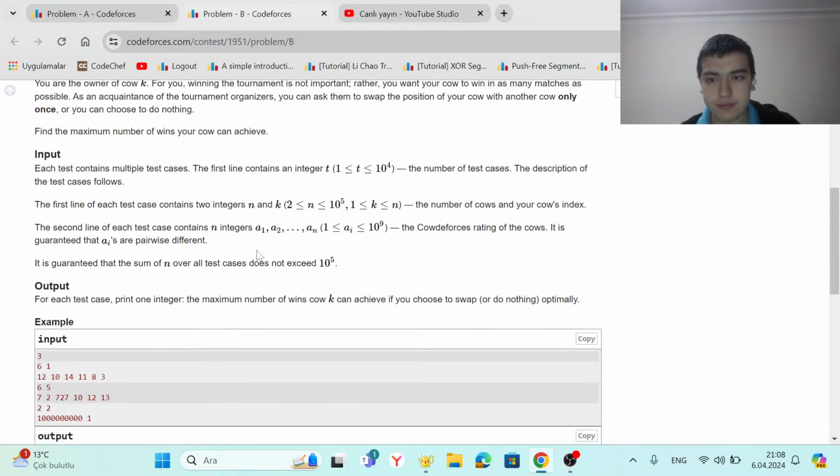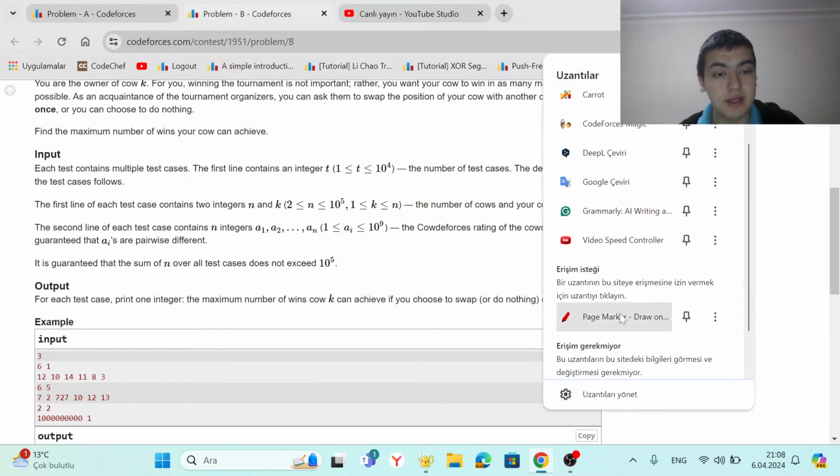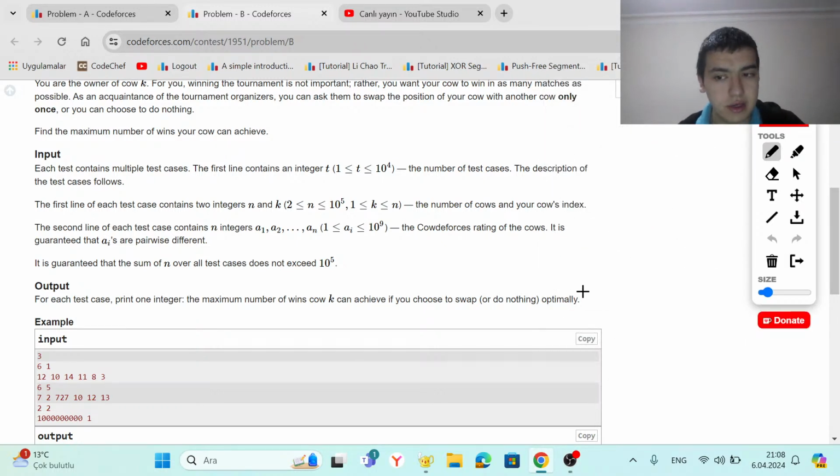Okay, let's look at the problem. We can say that we can choose to not move. We can choose to stay in our current place. When we choose it, we will win exactly